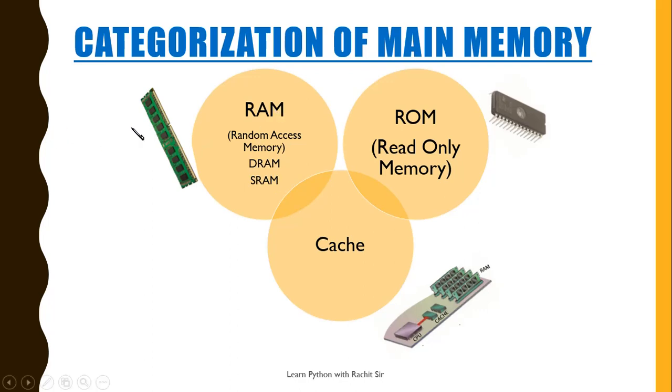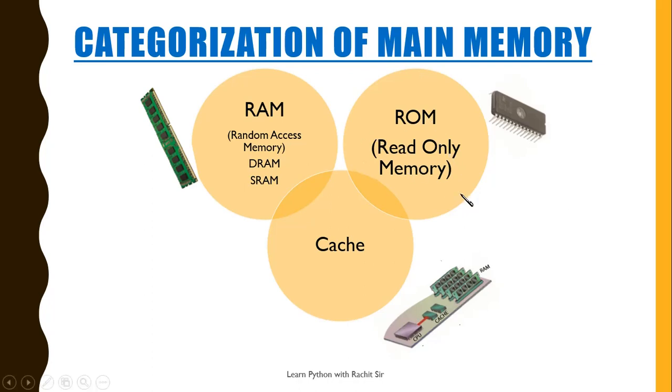Next is ROM, read only memory. It is read only memory, that is, the data and instructions are placed in the ROM at the time of its manufacturing and it cannot be changed thereafter. ROM is slower than RAM. It is used to hold certain essential instructions, to check basic hardware components such as booting, the processor to load the operating system, and frequently needed functions.